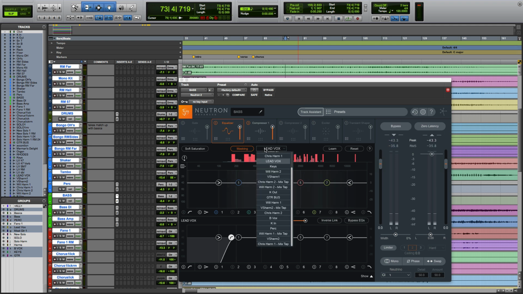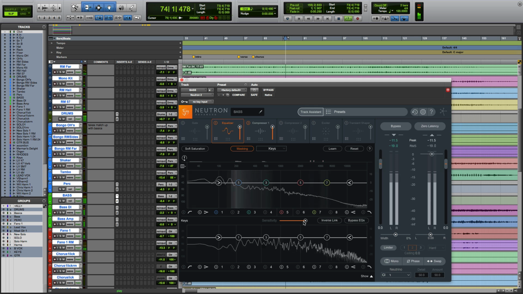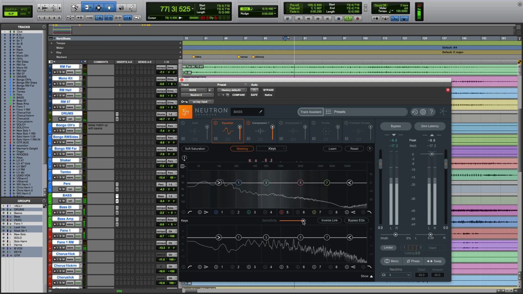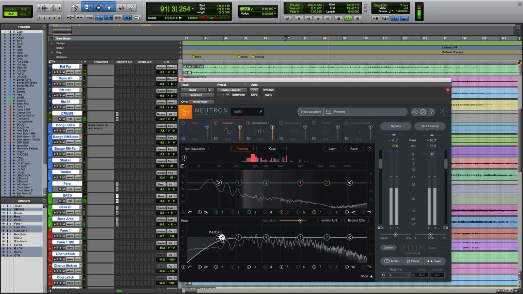Let's take a look at the keys as well. We have some organs and accordions down there. See how those are doing. Bring the sensitivity meter up. So that's actually pretty good. So I'm not getting any visual feedback of masking either in the Northern Lights or the pink shoots. But just to be safe, I am going to add a little bit with a less steep shelf, just to make sure we're covering our bases.